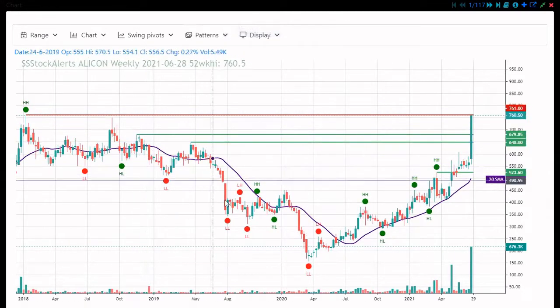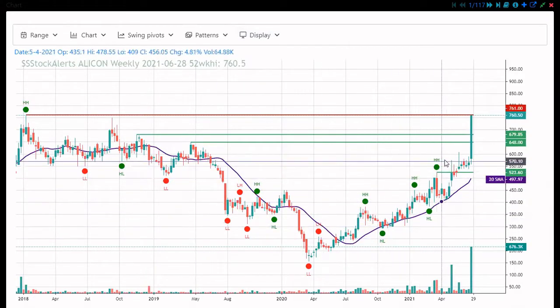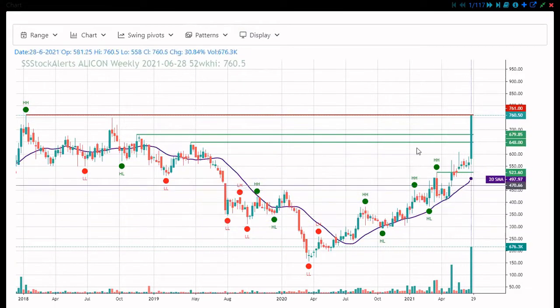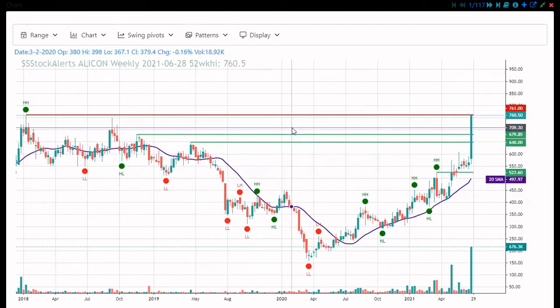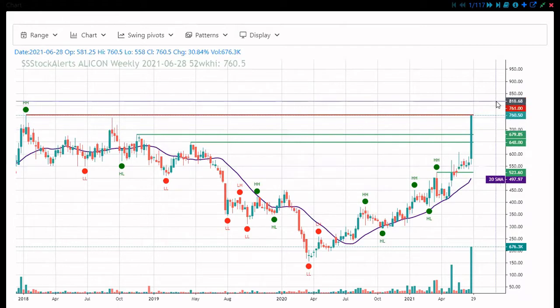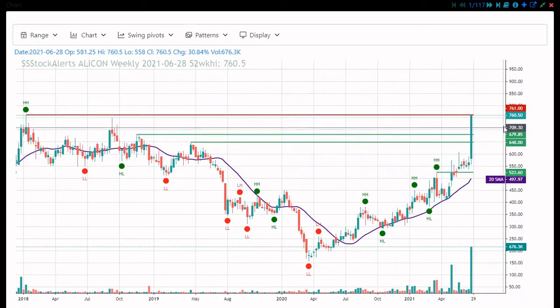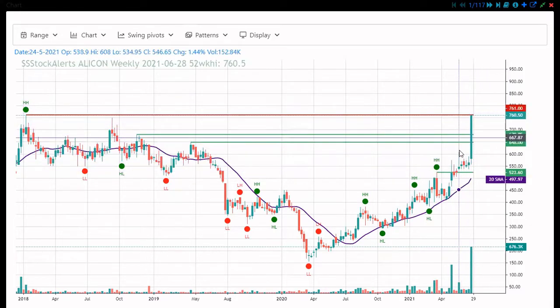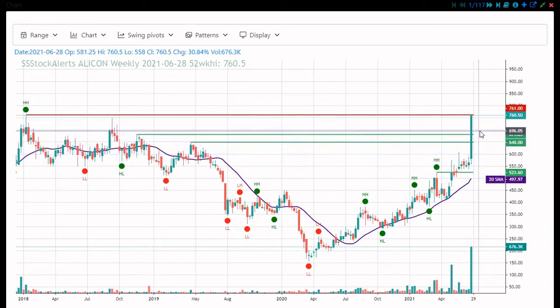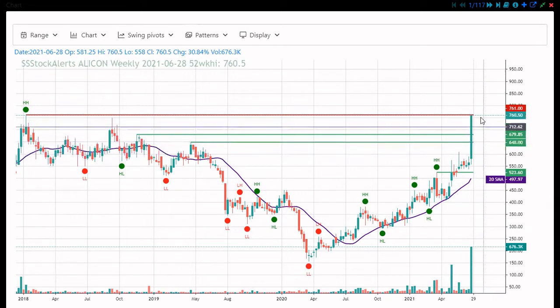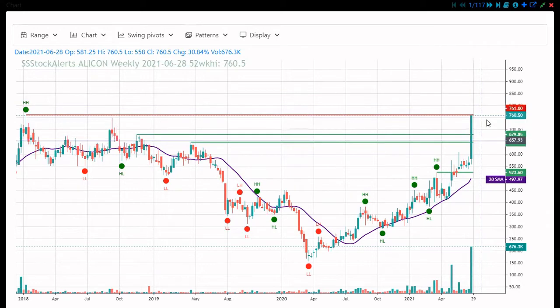By default, all the higher high, higher low points will be enabled for everyone, and this is a 20 SMA. From here we will see whether we pick the stock or not. If you see this pattern, in the last one week it went up 30 percent. If any stock goes up more than 15 percent, I usually will not pick it, because there is a high chance of either consolidation or a reversal, at least half of this candle size. Since the candle size is big, I cannot afford half of the candle size as my SL.